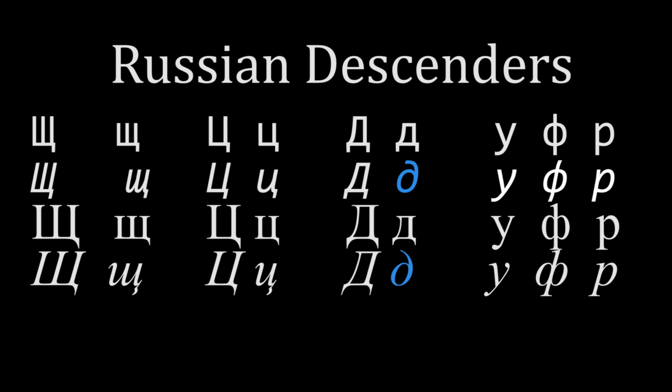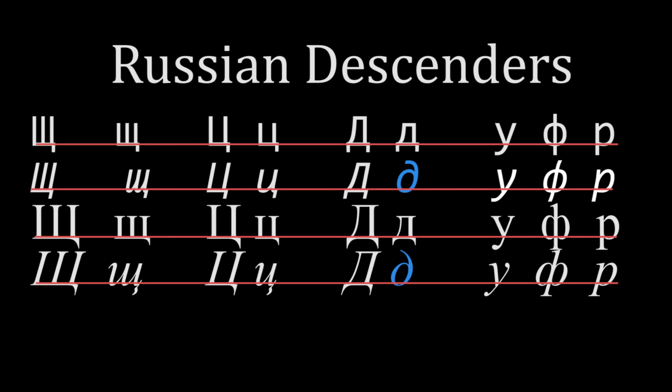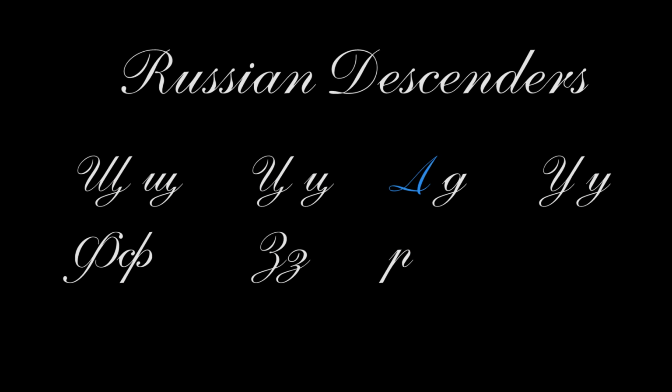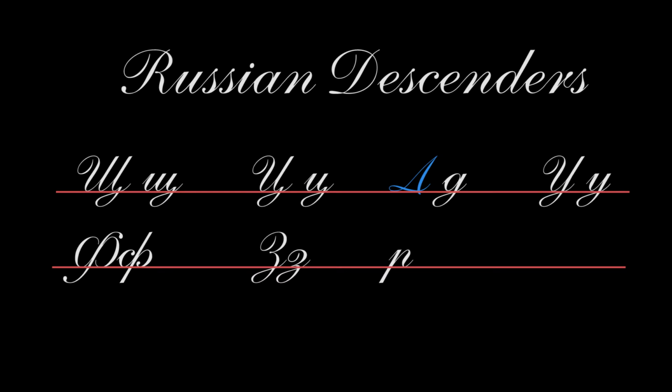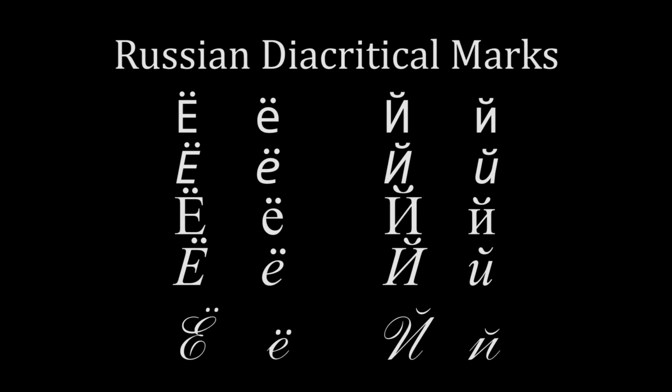Descenders are the little bits of the letter that extend below the written line, as shown here. Notice that some letters have them in both the uppercase and lowercase variants, whereas others only have descenders in the lowercase variants. Descenders appear in both the upright and italic font structures with serif and sans serif styles, as well as in the cursive handwritten font structure, where the descenders become loops that extend below the written line. In everyday written text, diacritical marks really only appear on two different letters, regardless of font structure.